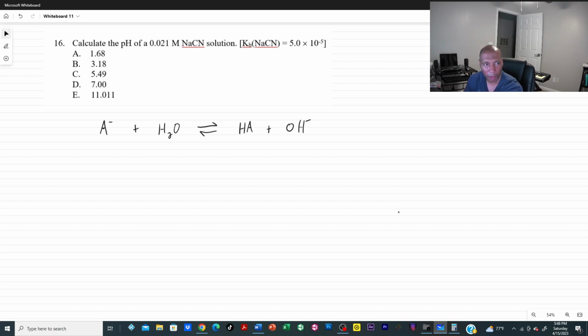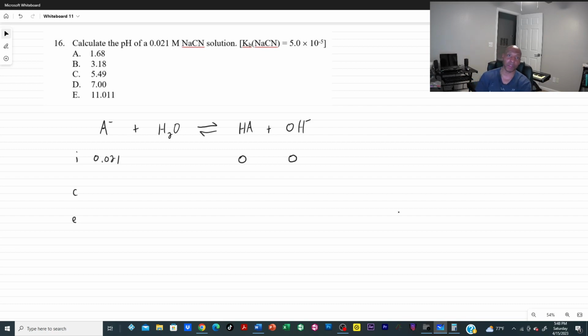All right. Okay, so of course when I find X, it is going to end up being my OH minus concentration, and we know that we have 2 different ways of getting our pH if we know our OH minus concentration. This time around, I think I'll just use the simple way. I'll just use that equation, pH plus pOH is equal to 14. Okay, so I'm going to say I for initial, C for change, and E for equilibrium. Let's see, my initial base concentration is